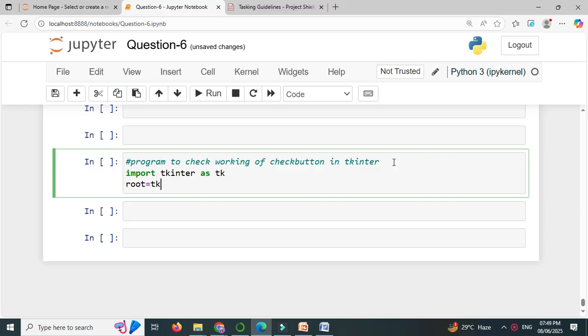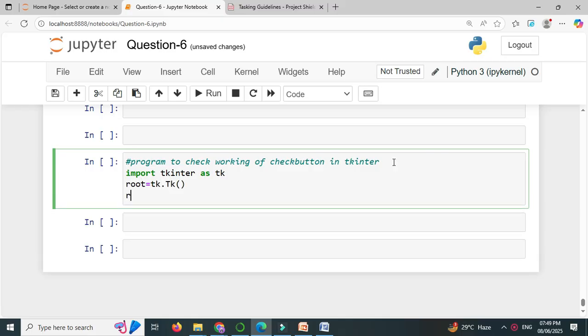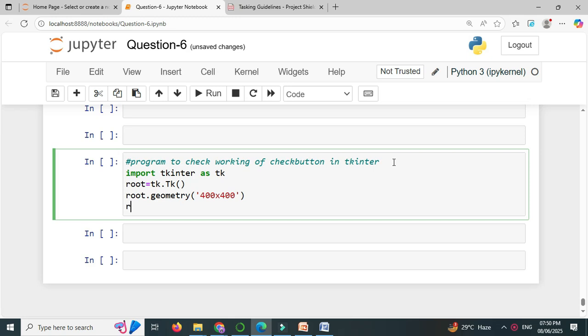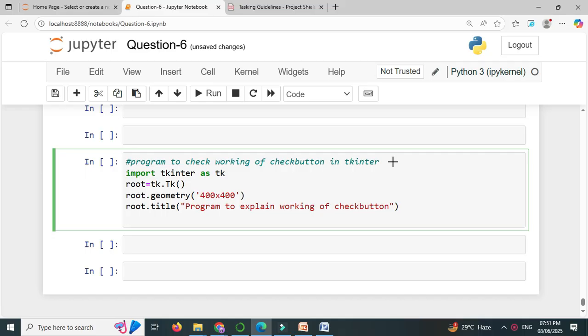So root equal to tk.Tk. Then we'll set the geometry for root window, which is set height and width of the window. And we'll set the title for the root window. Then we'll create a variable which will store the check button state. So var1 equal to